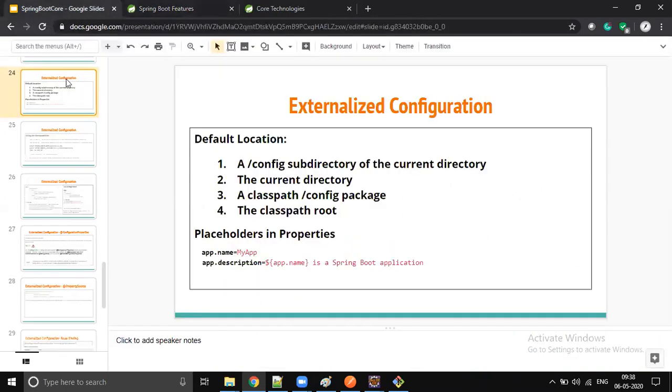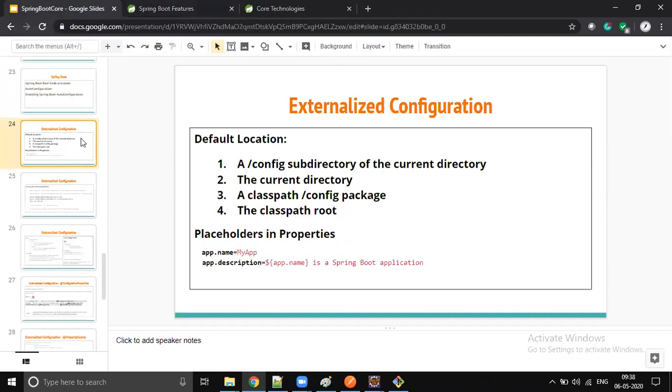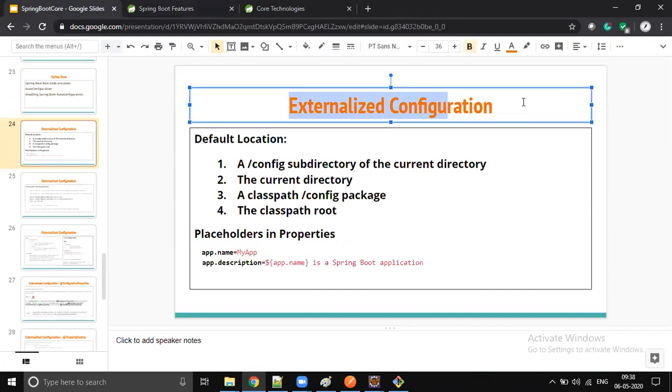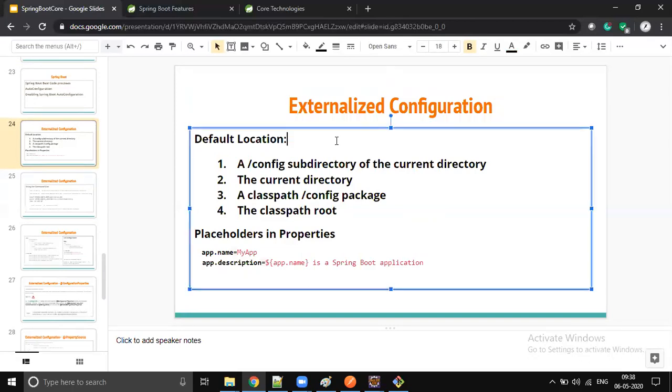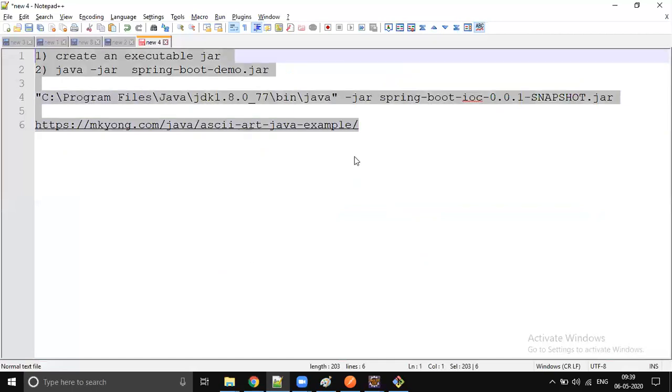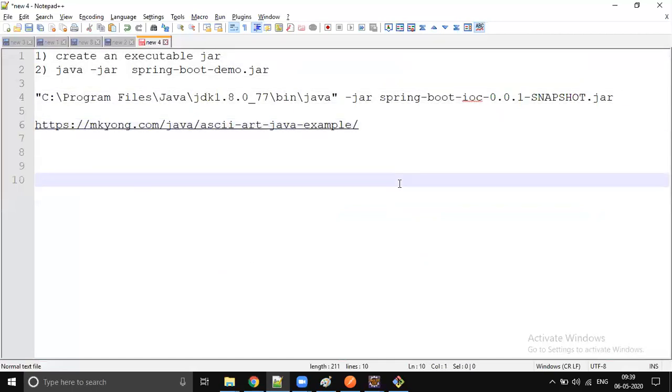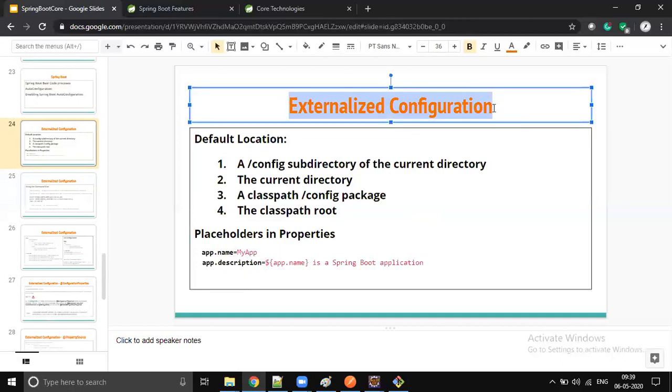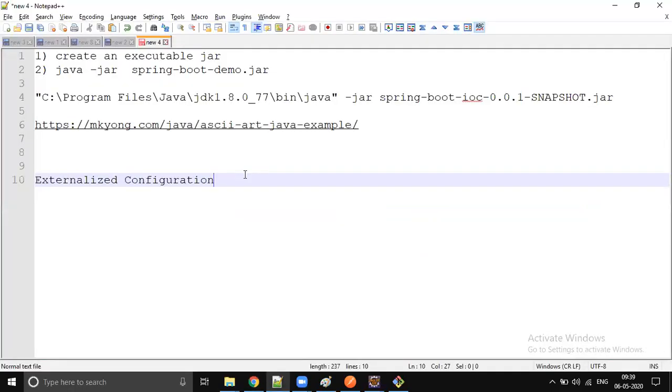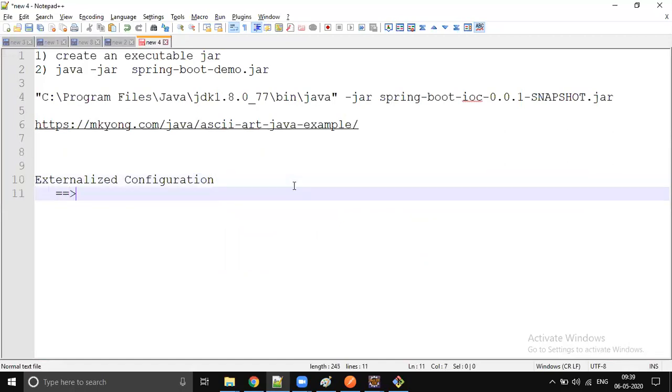It's very important for projects. I can guarantee you that without externalized configuration, you can't write most projects; almost 60 to 70 percent of projects use this concept. First, let's try to understand the difference between a YAML file and a properties file, then the default configuration and how we do that in Spring Boot.